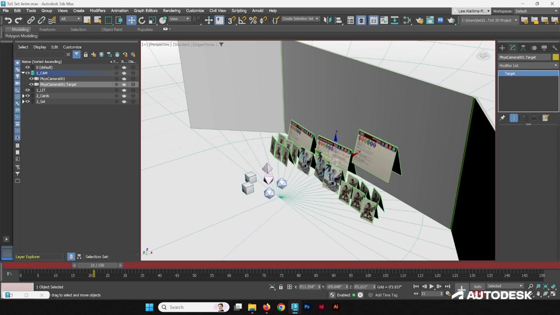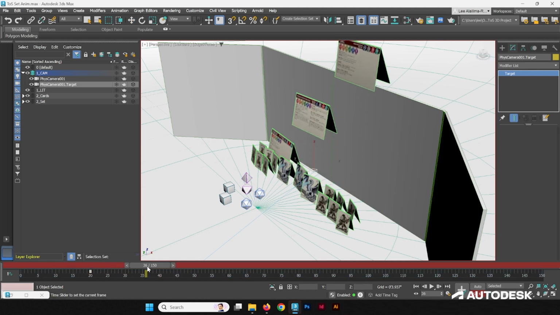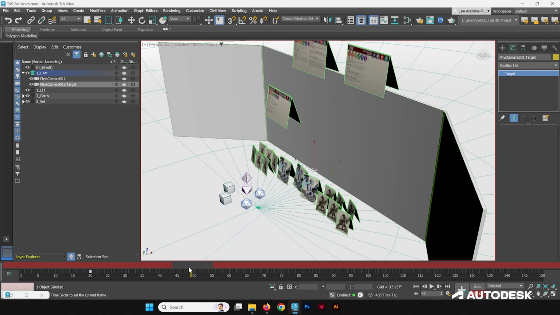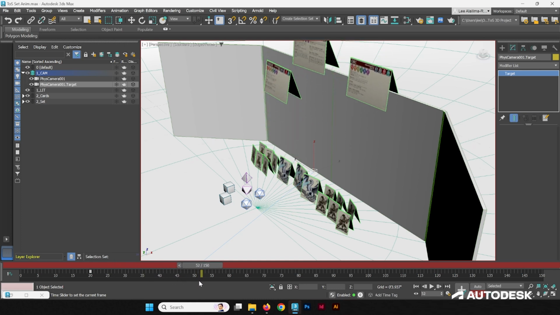So let's turn on the set key mode. We'll set that key there. Or maybe instead of 21, let's put it at 20. So there. As the middle one moves, maybe it would be a good time to move the camera to, let's